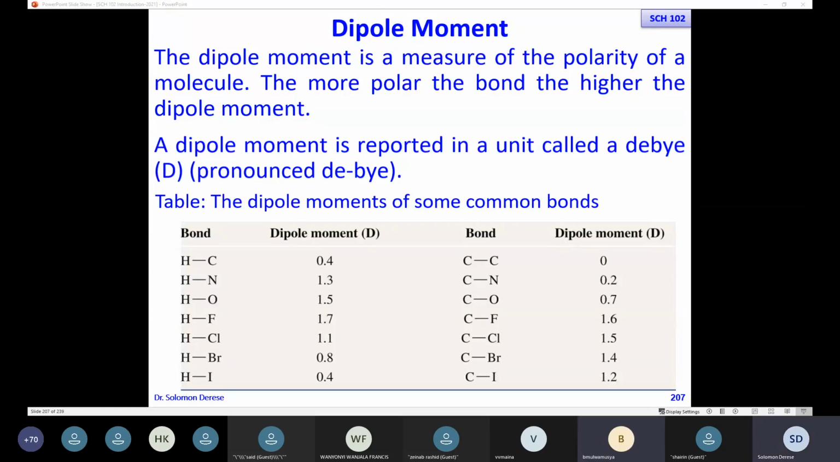Yes, try. Yeah, it is 0 because every bond adds its own dipole moment and they are pulling or pushing in different directions, isn't it? Yes, that's why they cancel out. They cancel each other, so it becomes 0. So for example, you remember,